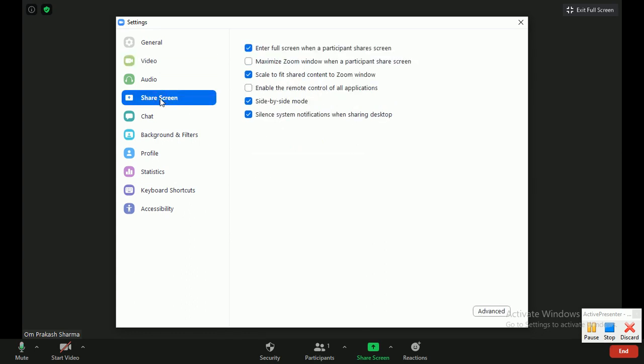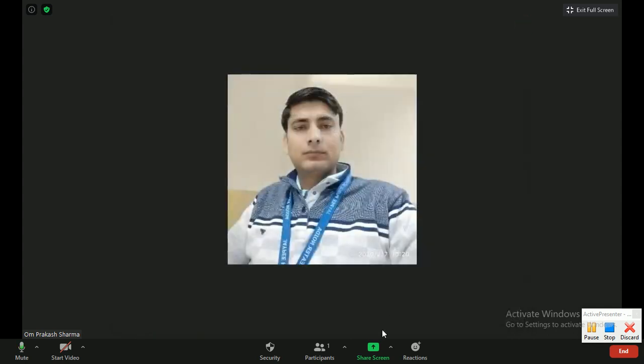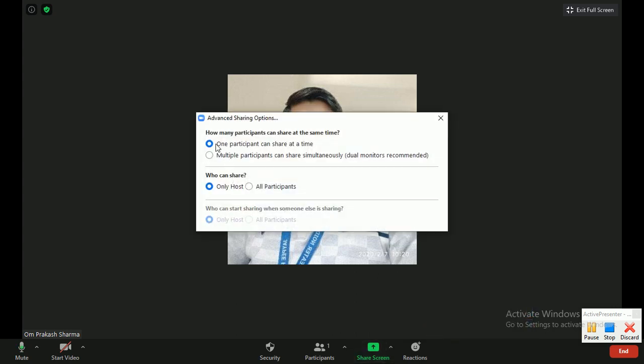Sharing screen, like you can set the sharing screen options from here also, like advanced sharing. See, from here only you can set that one participant can share at a time, or multiple participants can share. So it is preferable that you select this one, and few advanced sharing options are here.